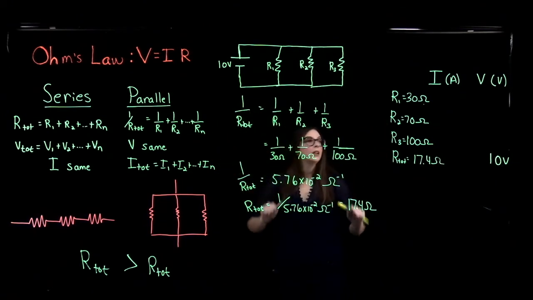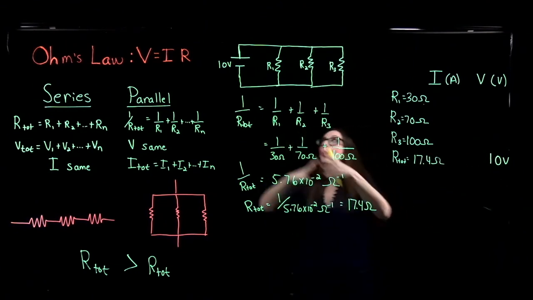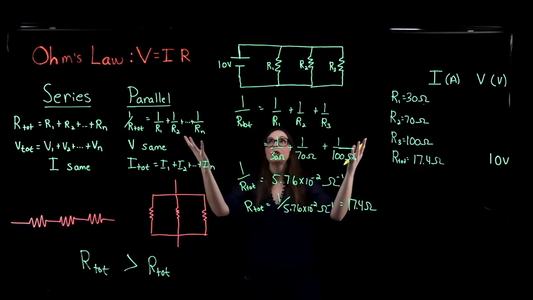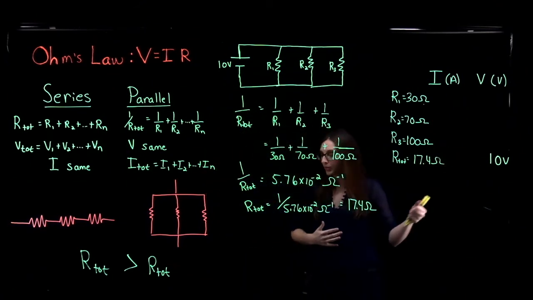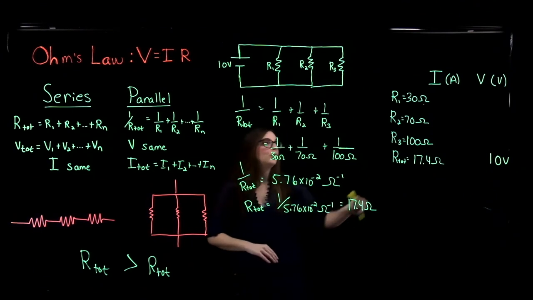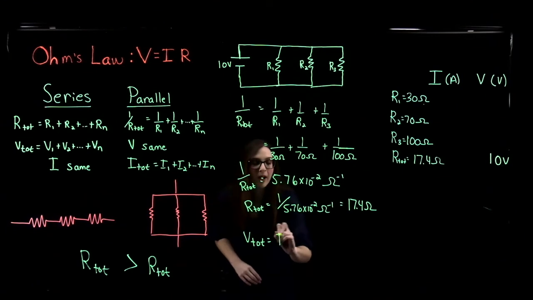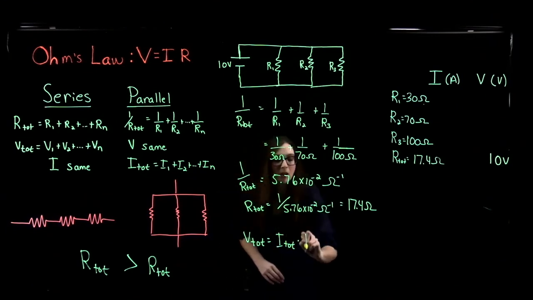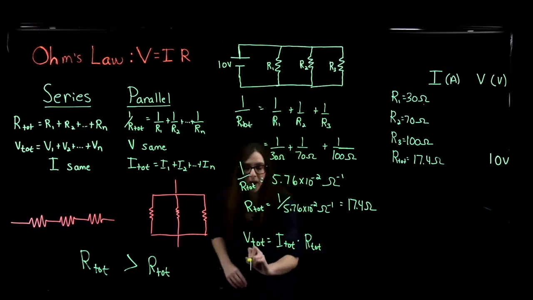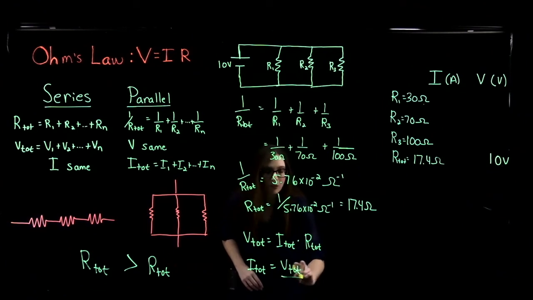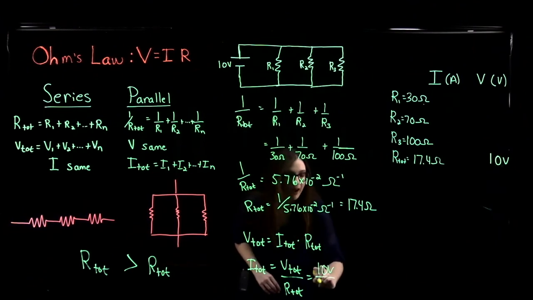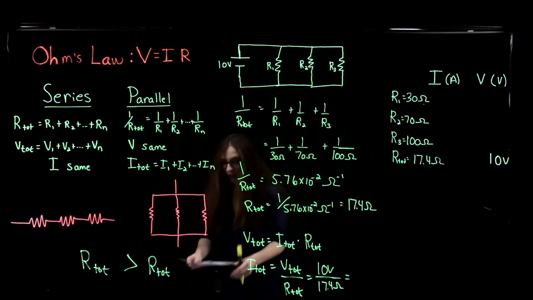Okay. Now that we have found our total resistance in the circuit, we know that the total potential supplied by the battery is 10 volts. Then we can use Ohm's law to get the total current. So V total is equal to I total times R total. So I total is equal to V total over R total. So that's going to be 10 volts divided by our 17.4 ohms. So the total current in this circuit is